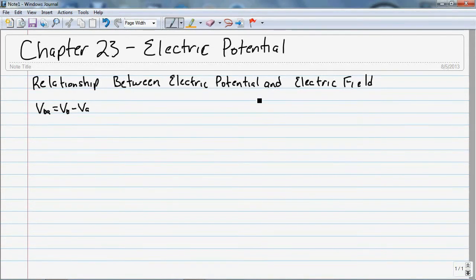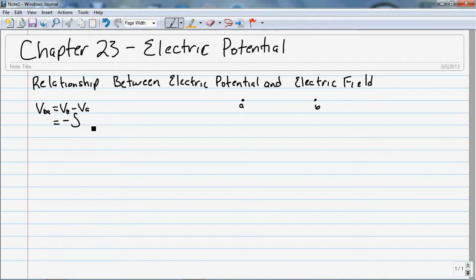And we'll put up a point here, point A, point B. And if I take a look at the relationship with the electric field, it's the negative of the